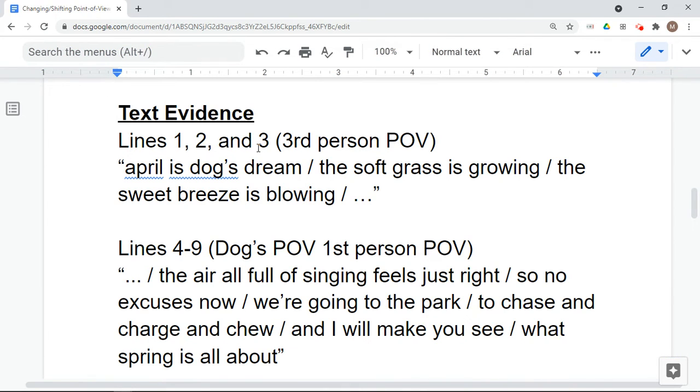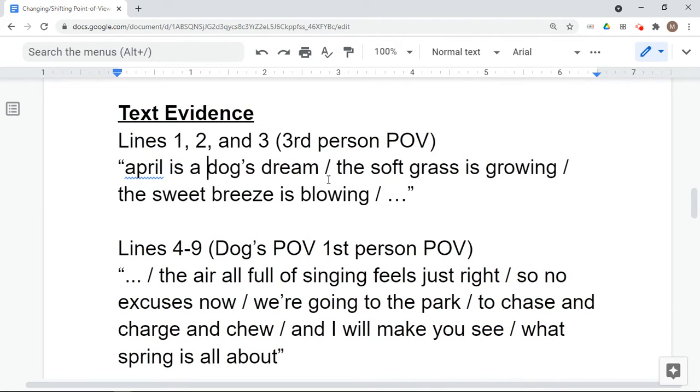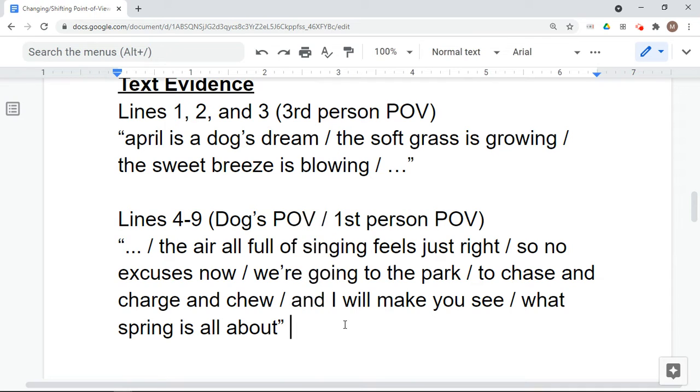We have lines 1, 2, and 3, third person point of view. "April is a dog's dream. The soft grass is growing, the sweet breeze is blowing." Lines 4 through 9, the dog's point of view, or the first person perspective point of view rather. "The air all full of singing feels just right, so no excuses now. We're going to the park to chase and charge and chew, and I will make you see what spring is